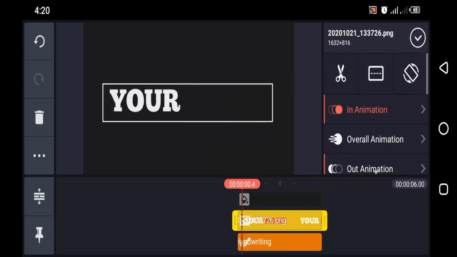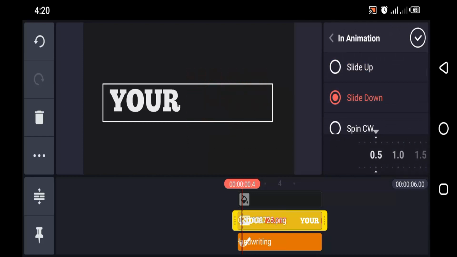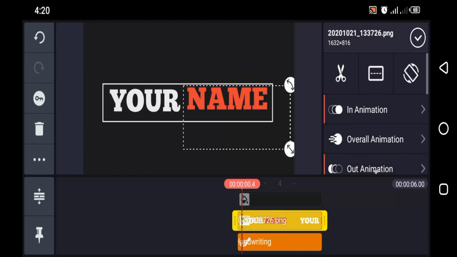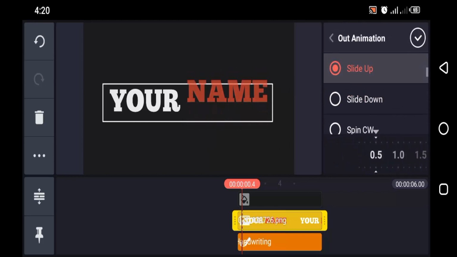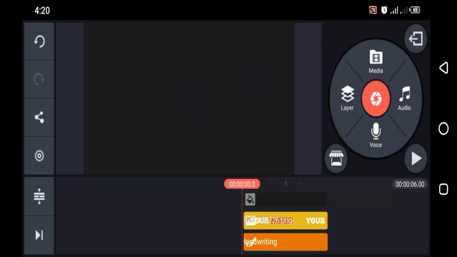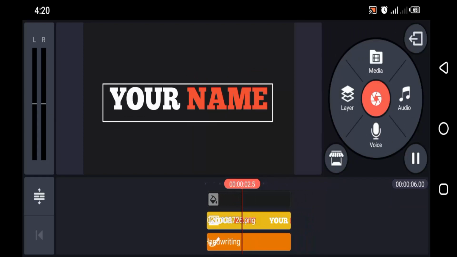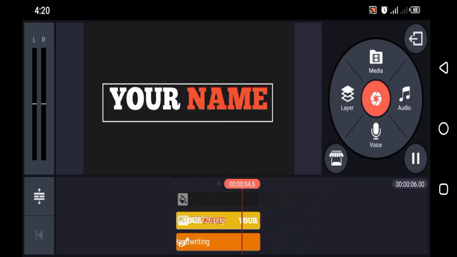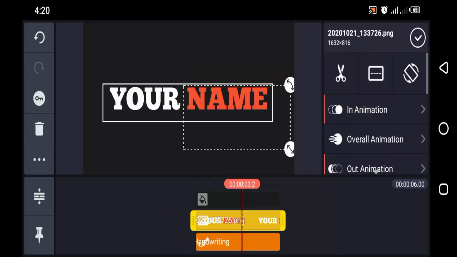Now select the second layer, in animation select slide down in 0.5 and go back and click out animation, slide up in 0.5. Okay, click on OK. Now I am just playing the video. You can see our text is ready, but you select the second layer again